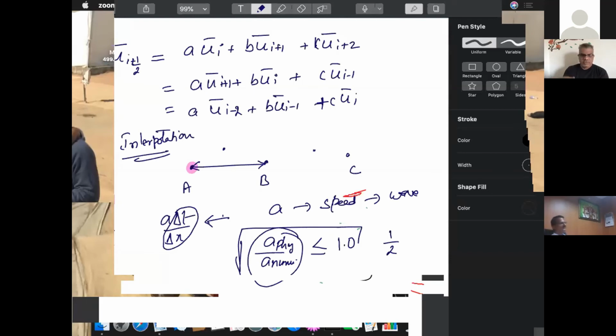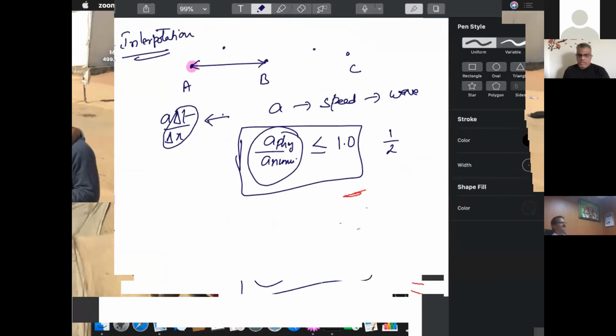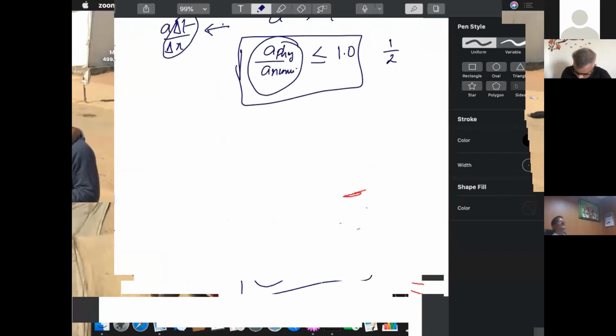I can't discuss every issue here. You can look into standard textbooks and they will explain very clearly what those issues are and why they are coming up. So this is one issue that you can consider. The second thing is the boundaries. Consider you have a domain here. This is my boundary point and this is my boundary point.